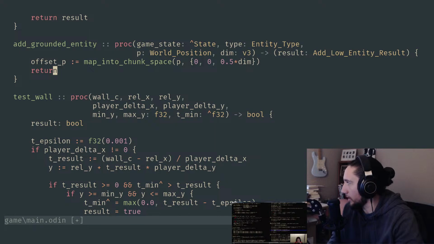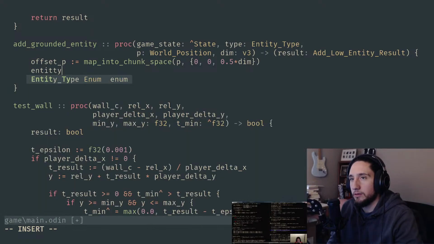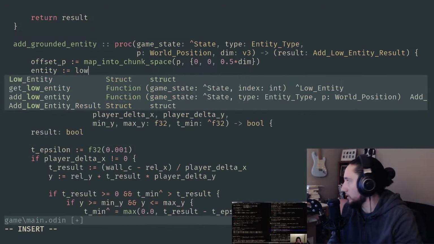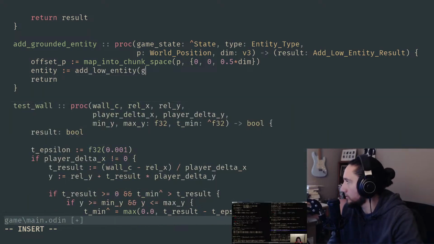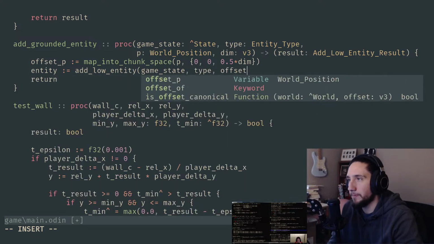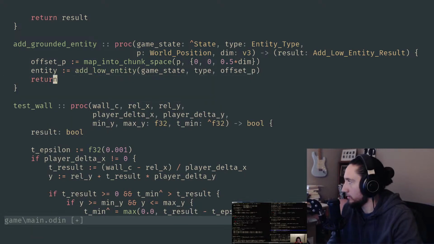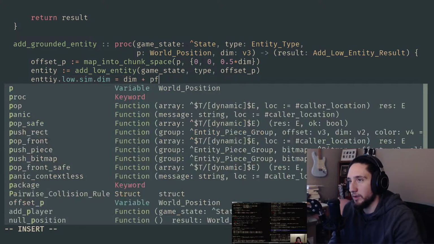Hopefully he doesn't just walk it all back. You never know. So we add the low entity, or I should say add low entity call, where we pass in all of this business. And then we say that our entity's dimension is equal to dim, but dim hasn't changed. Maybe he's just gonna say dim plus offset